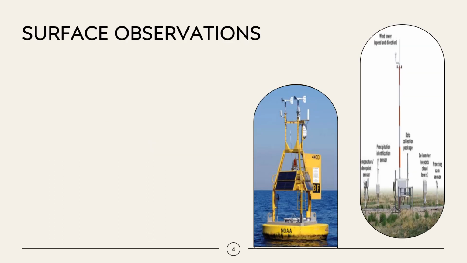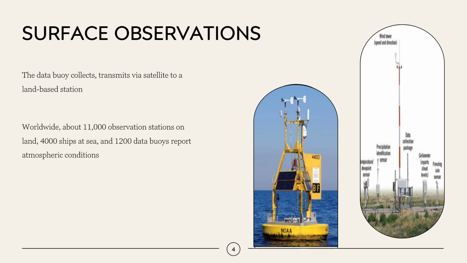And in collecting weather data, we have what we call the surface observations. What you can see in the first picture that I'm showing here is the data buoy. This is used to record atmospheric conditions over a section of the global ocean. This data buoy collects and transmits via satellite to a land-based station. And accordingly, worldwide, there are about 11,000 observation stations on land and 4,000 ships at sea and 1,200 data buoys that